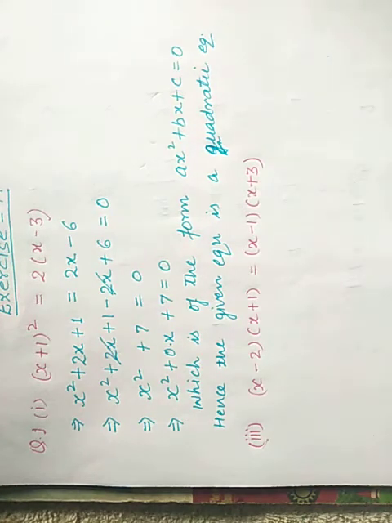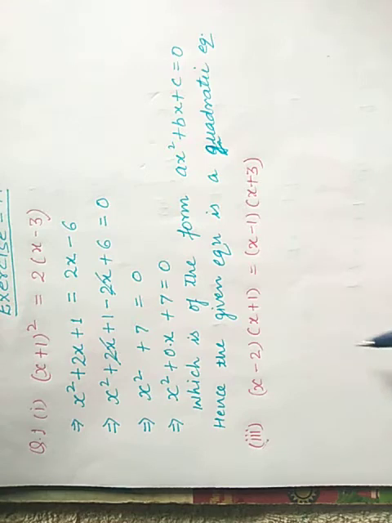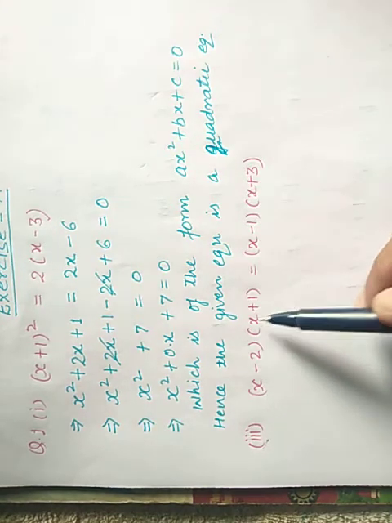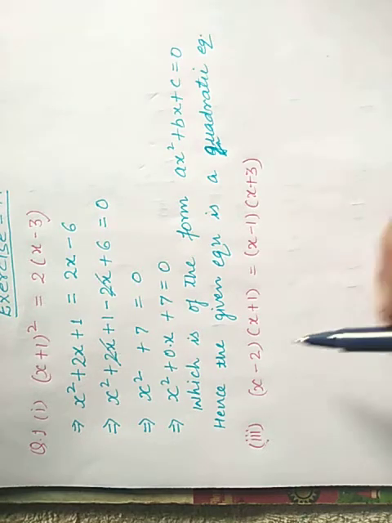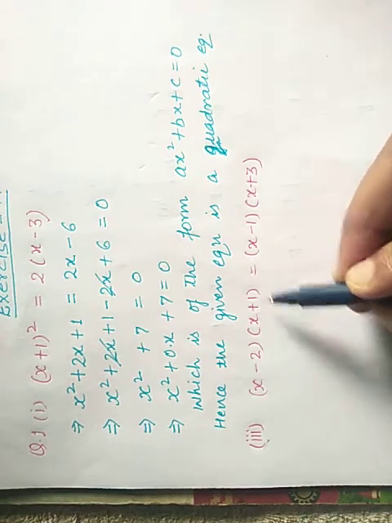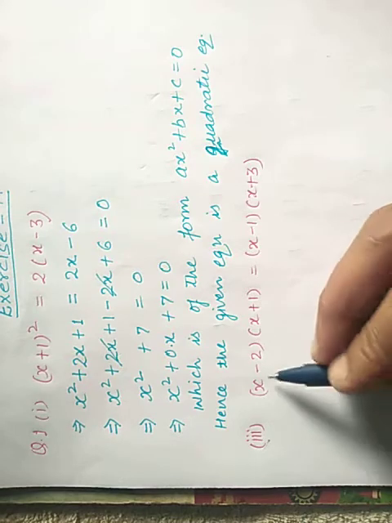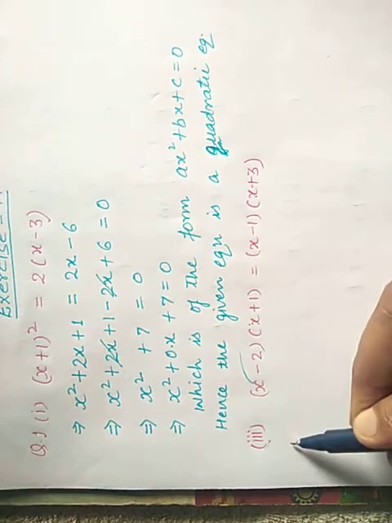So we will solve the left hand side and right hand side. We have to simply multiply the polynomials because these are binomials. Okay, we can multiply x with x plus 1 and minus 2 with x plus 1. We will get x into x, x square,